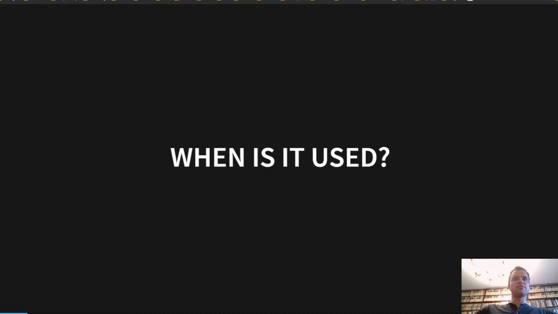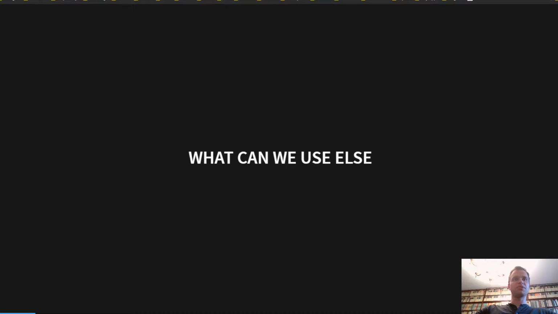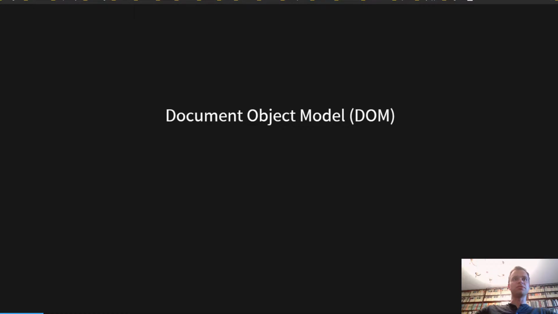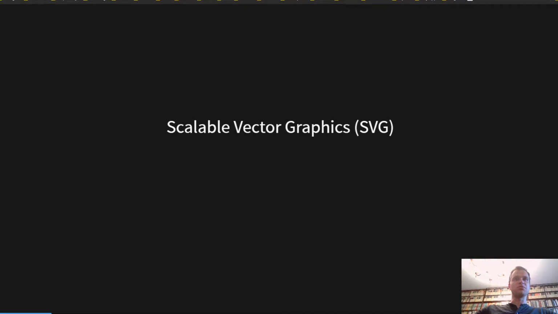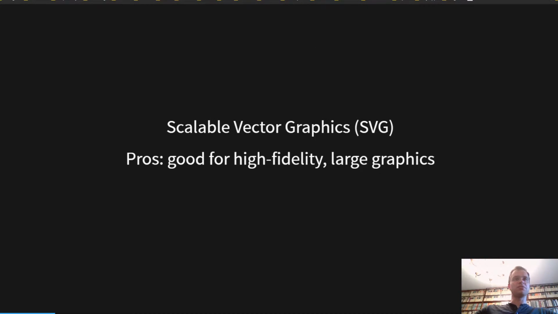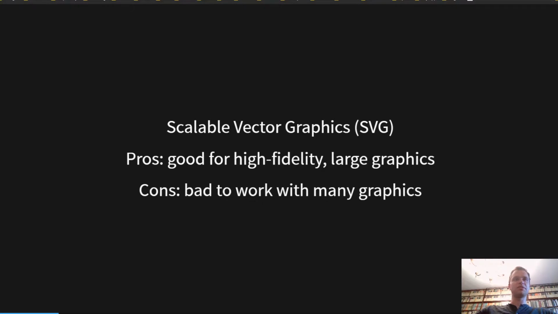To answer this question, we should decide is it a good technology for current task or not. So what can we use else? We can use HTML elements like images, divisions. It is easy to use, but if there are many elements, it has problems with efficiency. We can use SVG. It is good for high fidelity and for large graphics, but it has the same problems